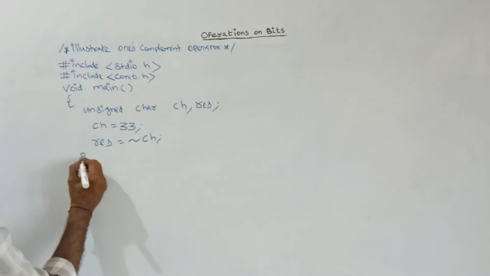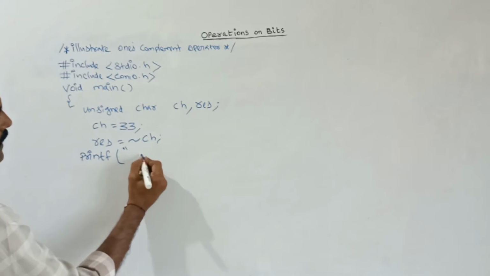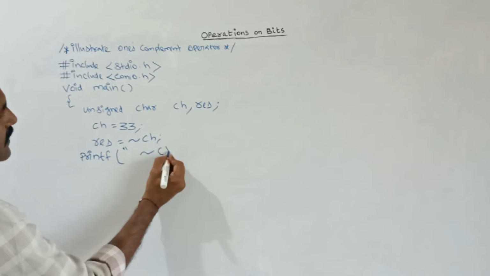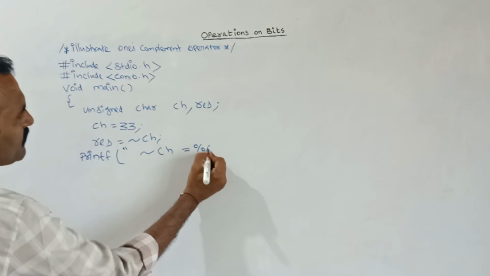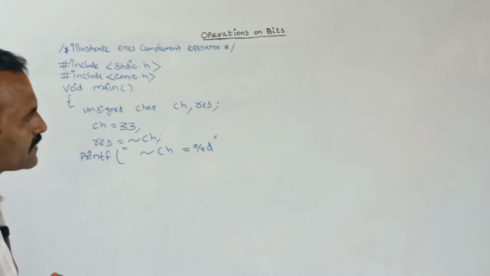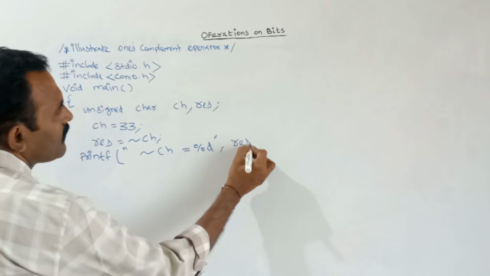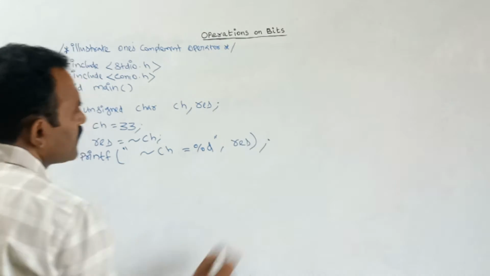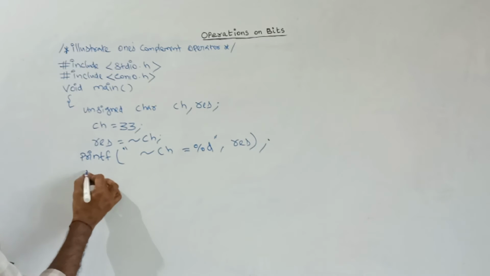Here I am telling it to print the 1's complement value of ch. Suppose I am telling it to print in decimal, then res, that 1's complement value, will be printed as a decimal value. Next here